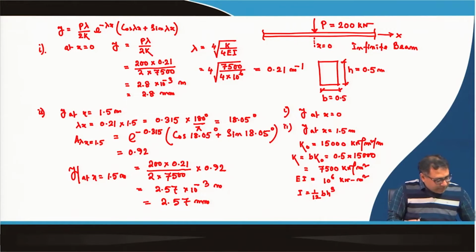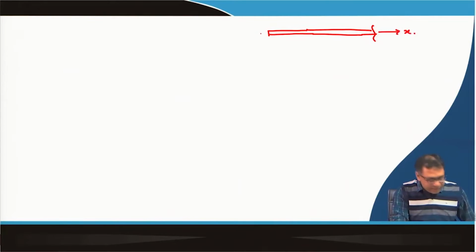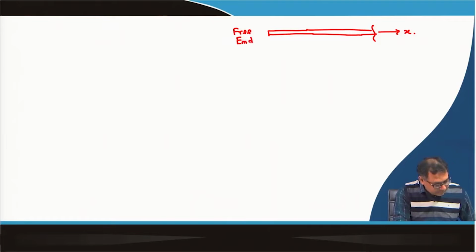So, the next problem that I will discuss is for a semi-infinite beam. I will take a similar type of problem, but now the beam is a semi-infinite beam. So, this is a semi-infinite beam. It is infinite in this direction, and here it is the free end of the beam. So, this is the free end. That free end is a point, we can say it is the O point, and